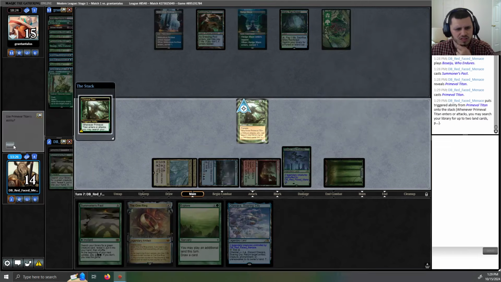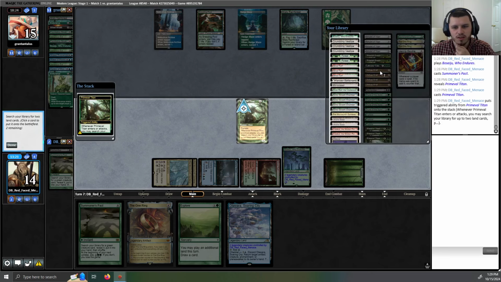Titan resolved. It's a little surprising, actually. No Bog here to play around things. Let's see, what do we want? Could get Sagas into play. In 2 turns, we'd have double Amulet. I think that's probably okay. It's bad if they have specific...